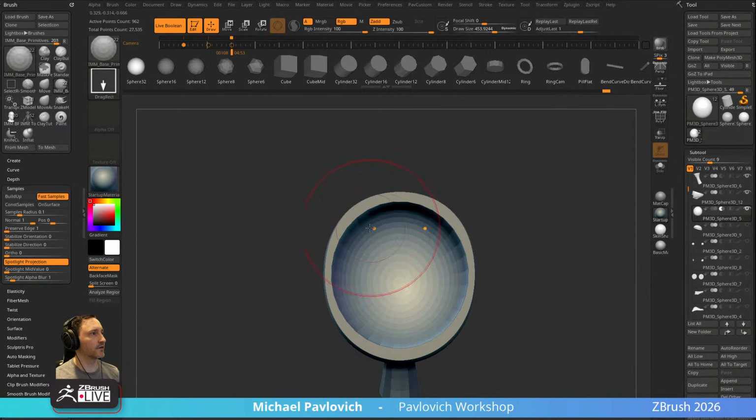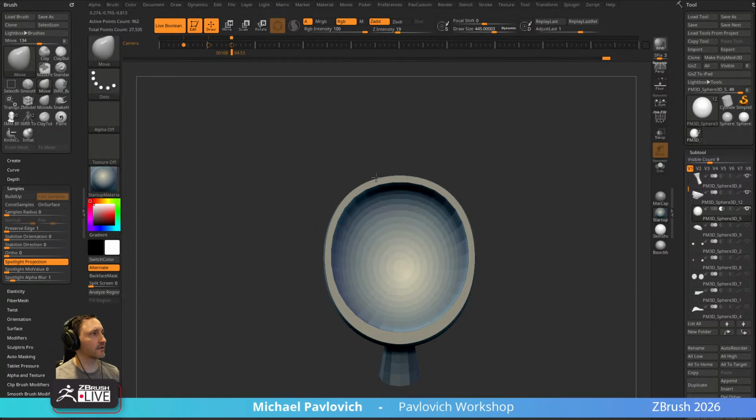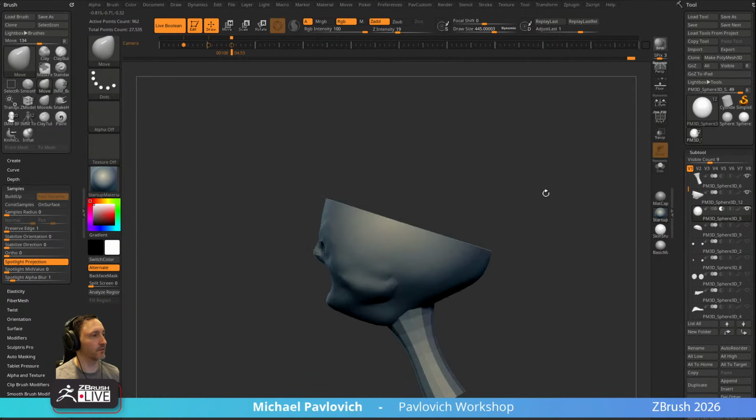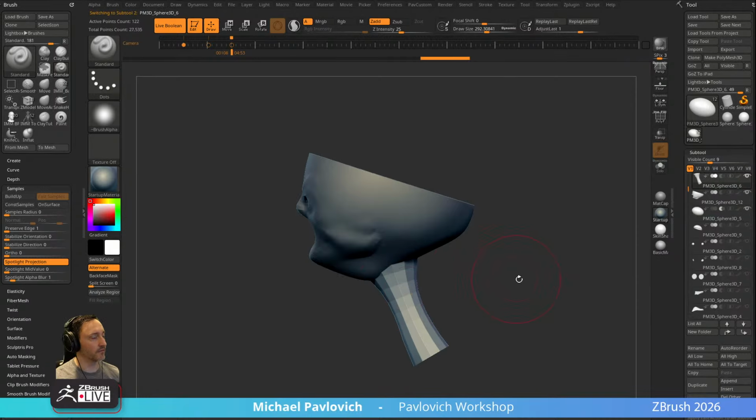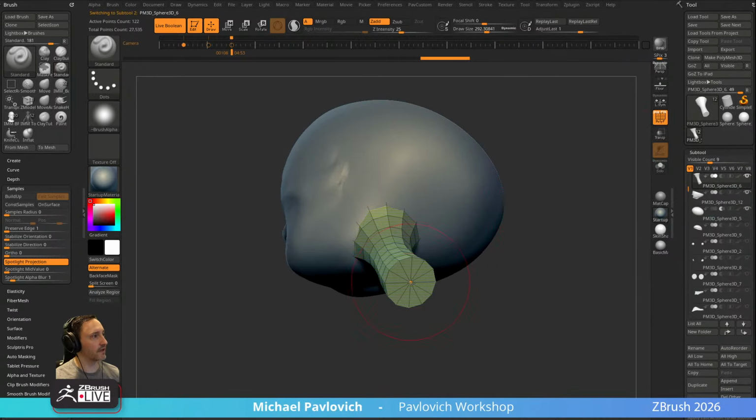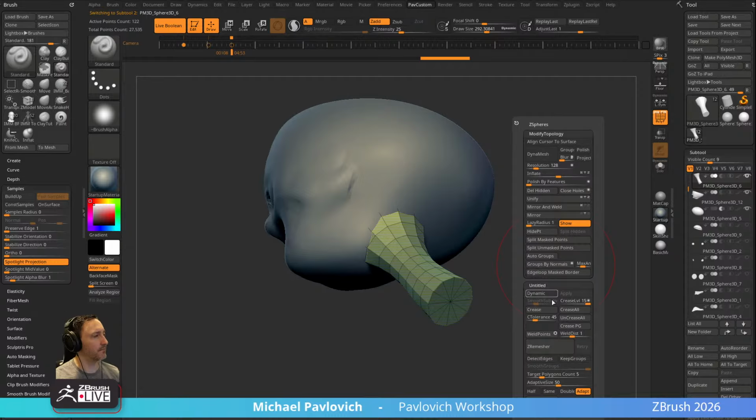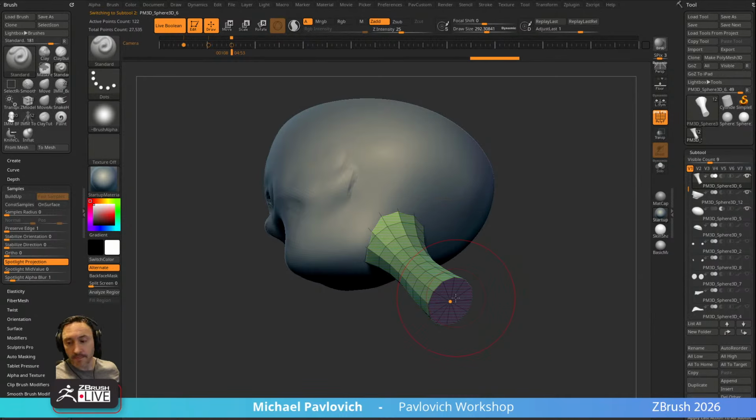And then we could even go in here with our move brush and just kind of match this up. We can also hit Control D, or we can just turn on D for dynamic, and that'll smooth that out. And then when we go to Boolean, we'll get a little bit of a smoother result. Now, before I do this, I want to make sure this bottom part is its own polygroup. So we're going to go into polygroup, group by normals, and